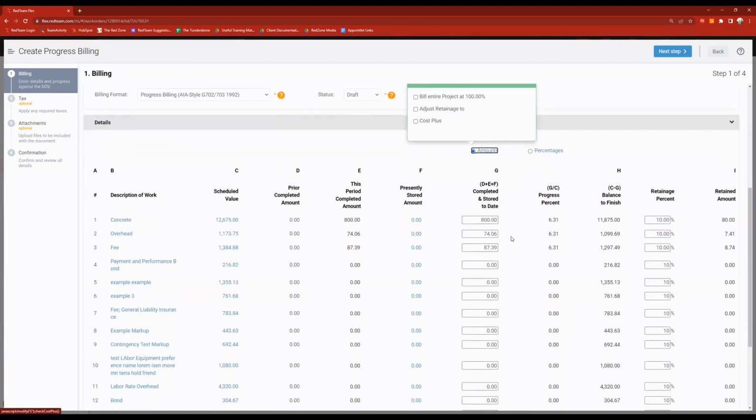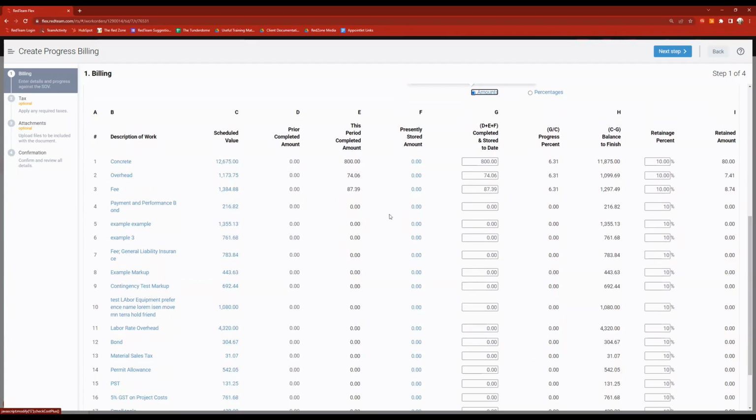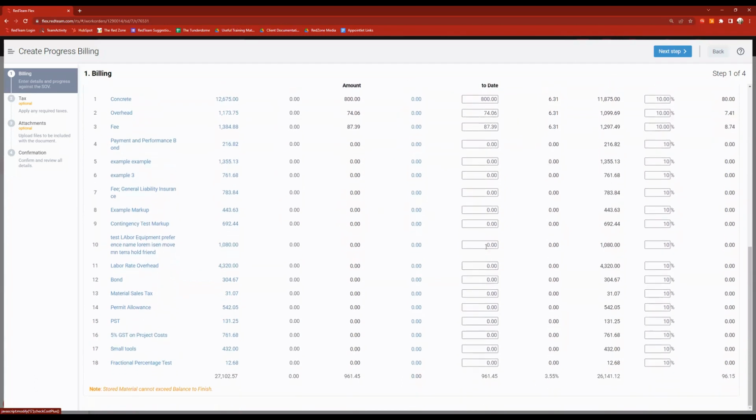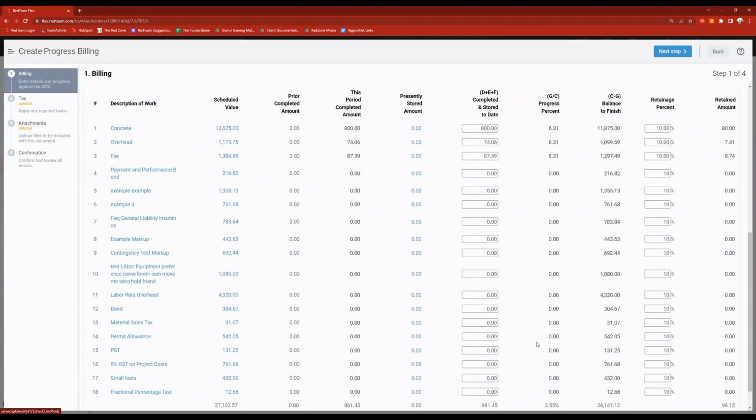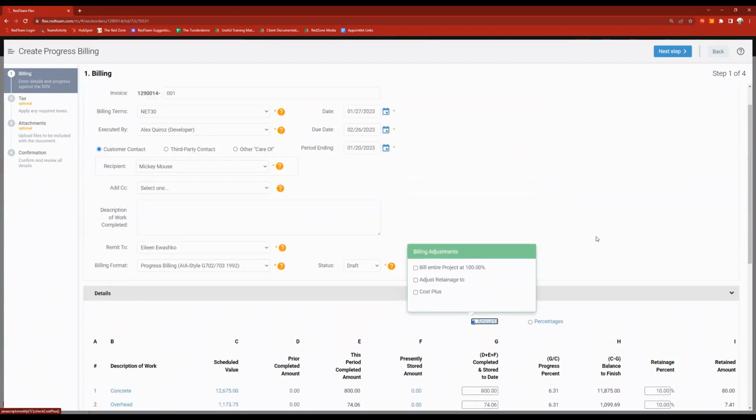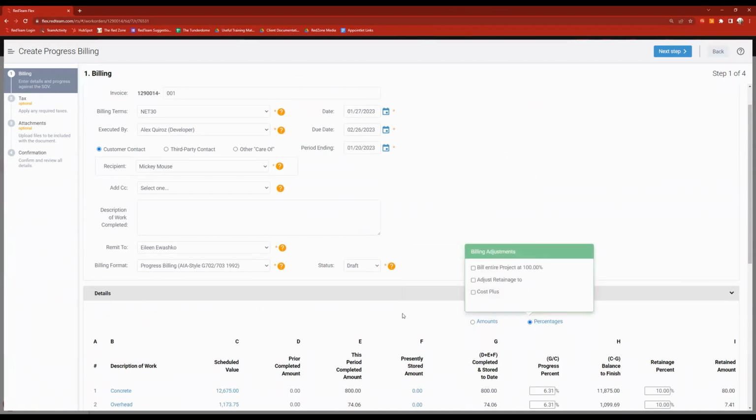All right, but I'm going to go ahead and just leave those 3 items in here. I could obviously go through and fill out, add cost to everything listed. But this bill is going to come to $961, and we're 3% through this project. Now, before I move on to the next step here, do we have any billing questions? No billing questions at the moment. All right, beautiful. So we will go next step,